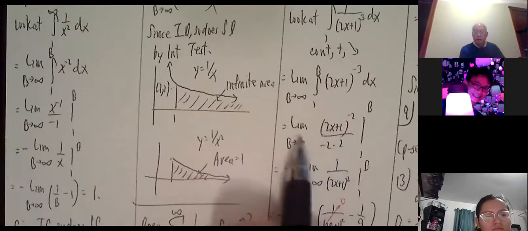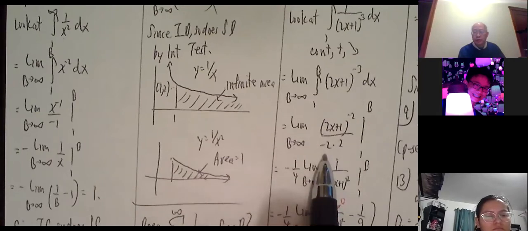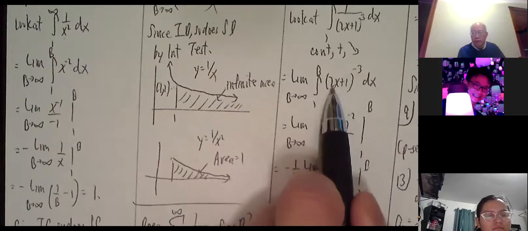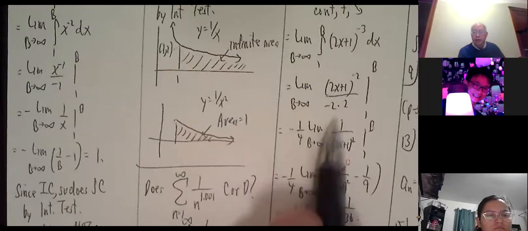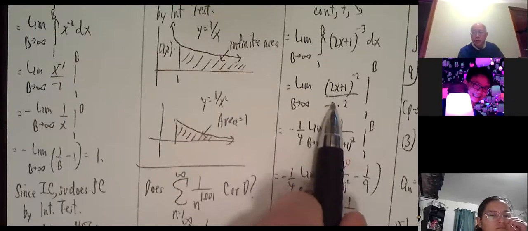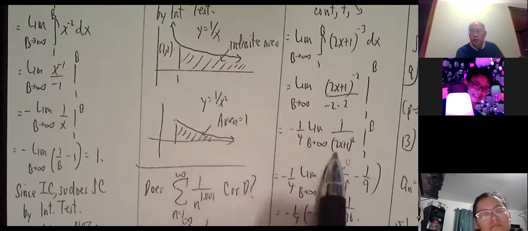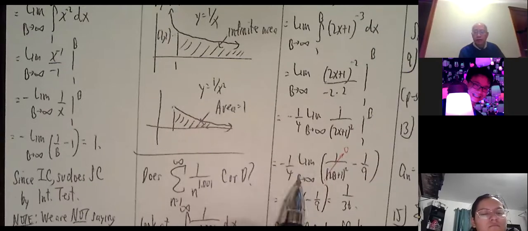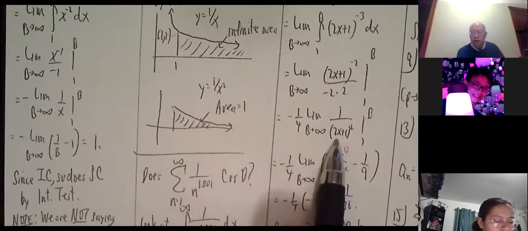All right, so I integrate: limit as b approaches infinity, (2x plus 1) to the negative 2 divided by negative 2, and then by the chain rule divided by another 2 because of the 2x. If I were differentiating by the chain rule, I'd multiply by 2. Since I'm integrating, I divide by an extra 2. So take out the negative 1/4. I can pass the negative 1/4 outside the limit. Negative 1/4 limit as b approaches infinity of 1 over (2x plus 1) squared from 1 to b. This is 1 over (2b plus 1) squared minus, plugging in 1,